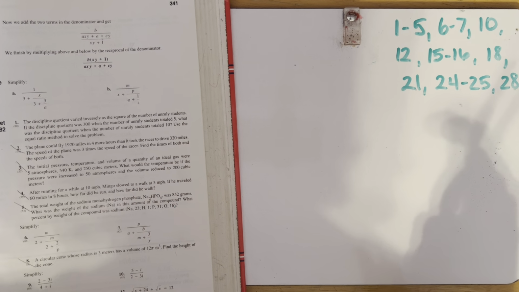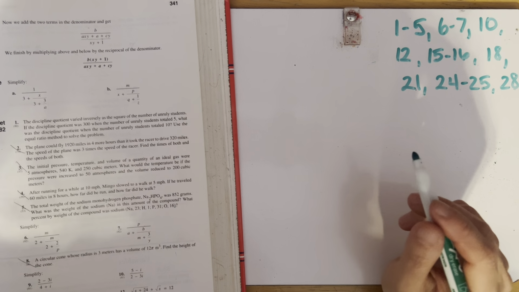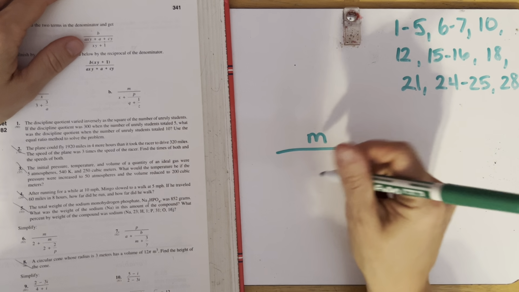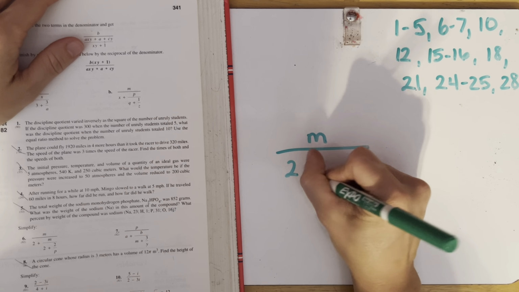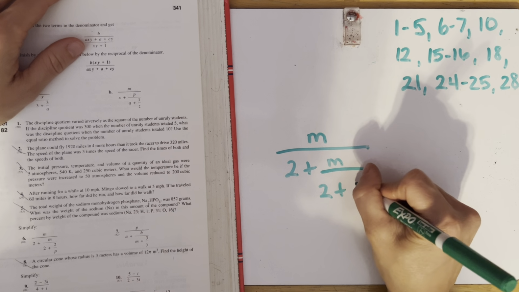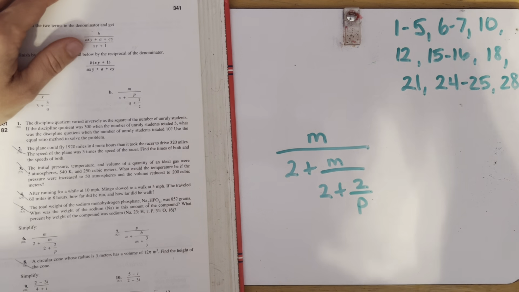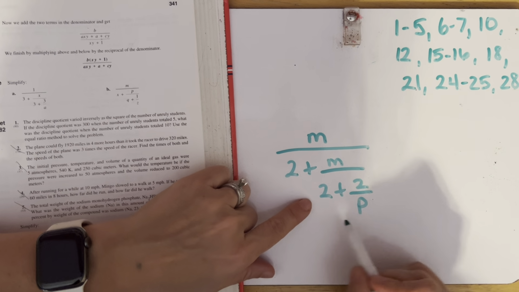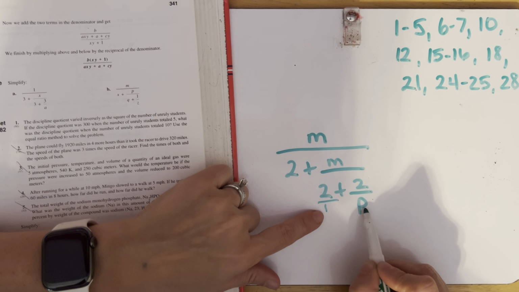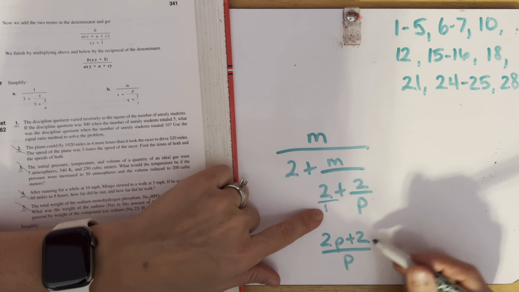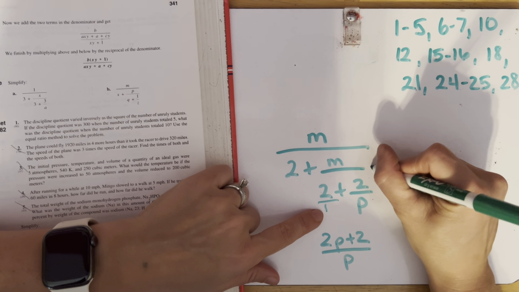All right, number 6 is what we did today. I don't know that I'm going to do both 6 and 7 because this is not exactly a brand new concept. It's just adding one more layer to a concept we already know. Okay, so I got to start at the bottom and work my way up on solving for these. So my common denominator here is p. So I have 2p plus 2 over p. Okay, now I need to multiply by the reciprocal up here